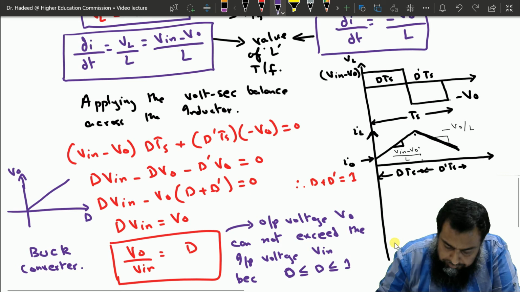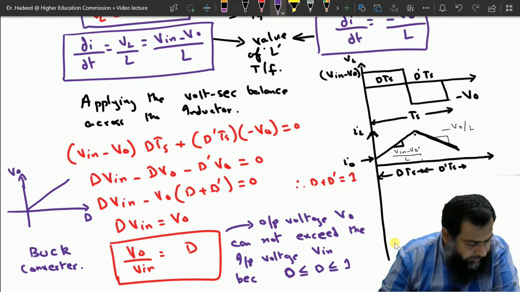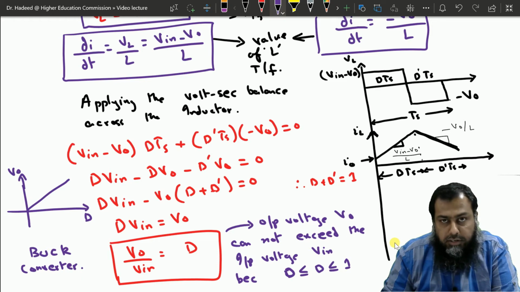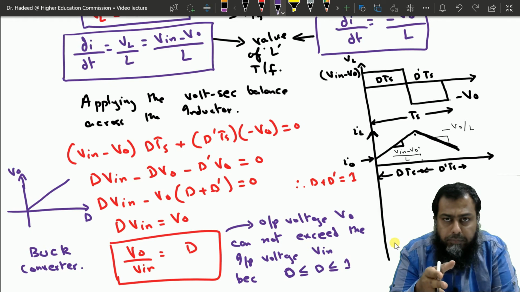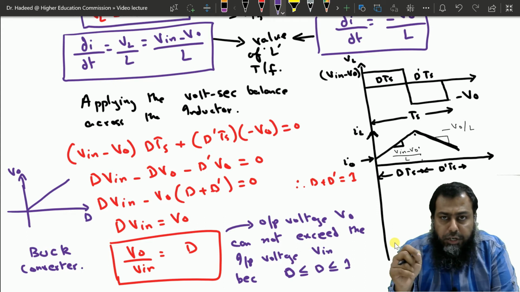You see here, we know the initial value, we know the slope, we know the time, we know what is the final value. So this whole delta IL, the net change during this dTs, is equal to V in minus V naught over L multiplied by this dTs. It is just like a simple thing that we know what is the slope, we know for what period of time we continued with that slope, so we know what is the net change in that particular entity.